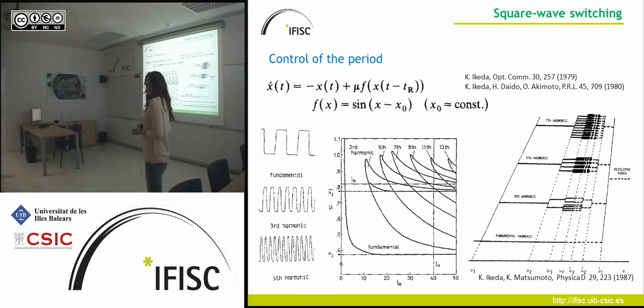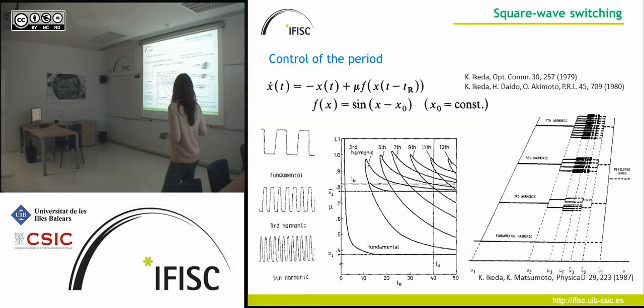This transition occurs via period doubling, but it is different on each branch. On the fundamental branch, there is only one solution for a particular value of the feedback strength. However, on the higher harmonic branches, there are multiple solutions. These different solutions that one encounters, not by increasing mu, but by increasing another parameter,